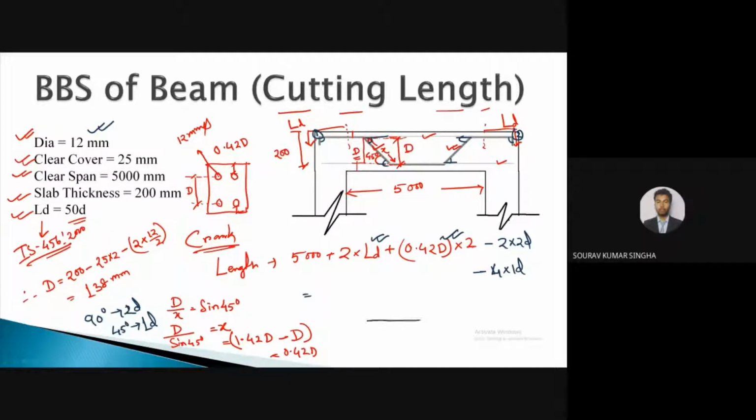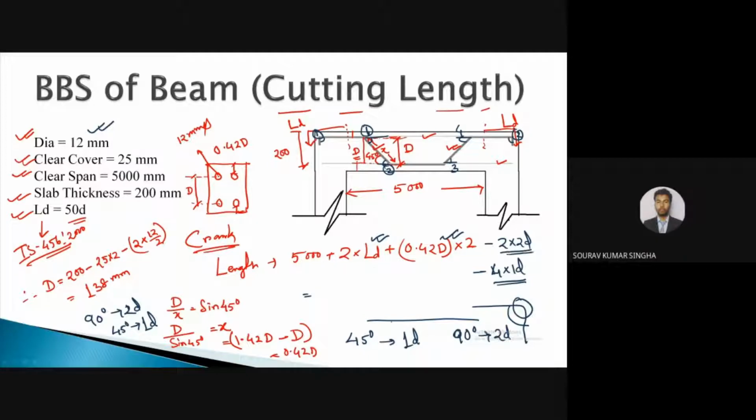suppose I am having a straight bar. Now when I am bending a bar in such a way, for 90-degree bend we need to deduct, for the determination of the crank bar, 2D. For 90-degree we need to deduct the value 2D, where D is the diameter of the bar. And for 45-degree bend we need to deduct 1D. So here we have 45-degree bends, 1, 2, 3 and 4, right? So we have 4 numbers of 45-degree bend, that is why I have deducted 4 into 1D. And for 90-degree we have 2 numbers of bend, so that is why I have deducted 2 into 2D.